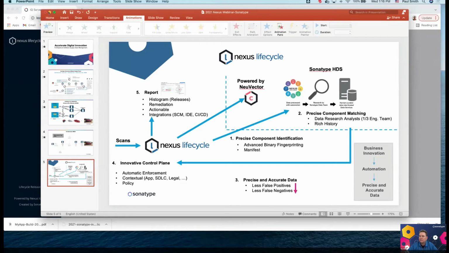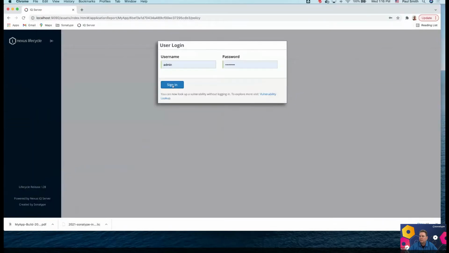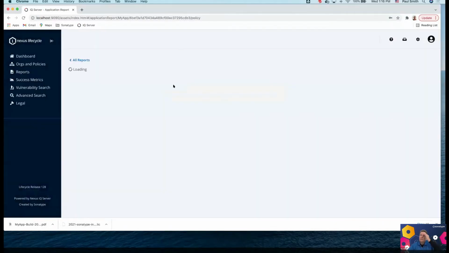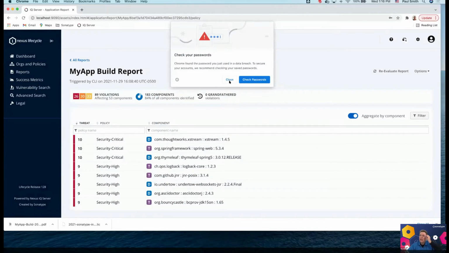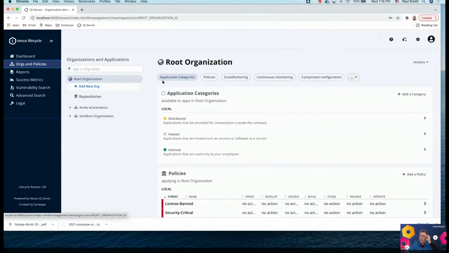So let's actually do a little drive through the product. All right, just sign in here. Let me show you a little bit about it. Everything starts with a root organization, and then we create additional organizations underneath that root.